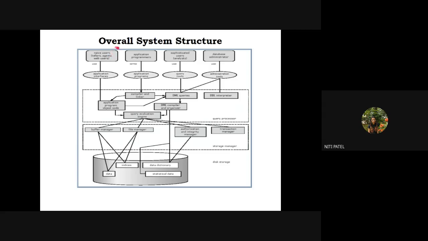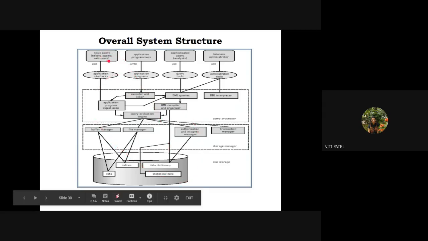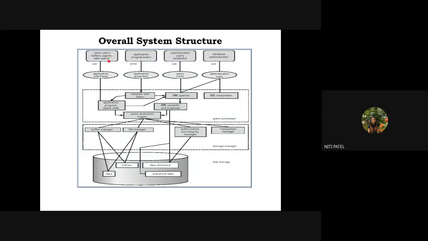So how do they communicate with the database? They communicate with the database through other application programs. If somebody else has prepared that application program, they will use that program, and through that program they will interact with the database. That application program may be a simple form in which they fill in some information, and through that information the data is entered in the database. To fill in that information I do not require any coding.